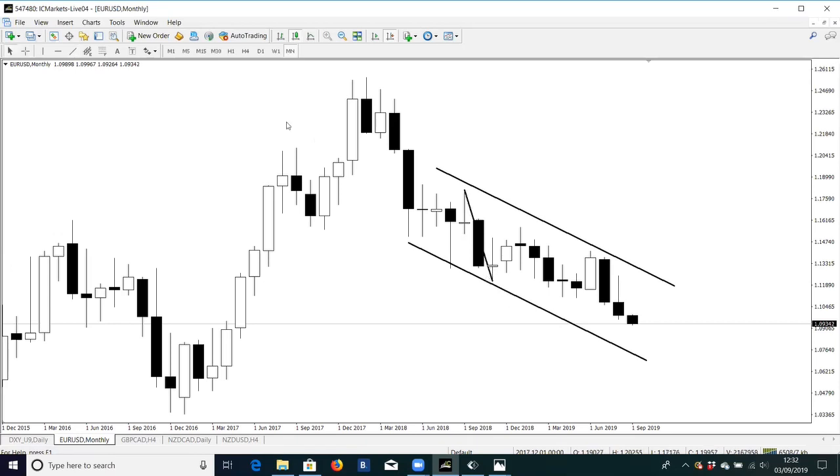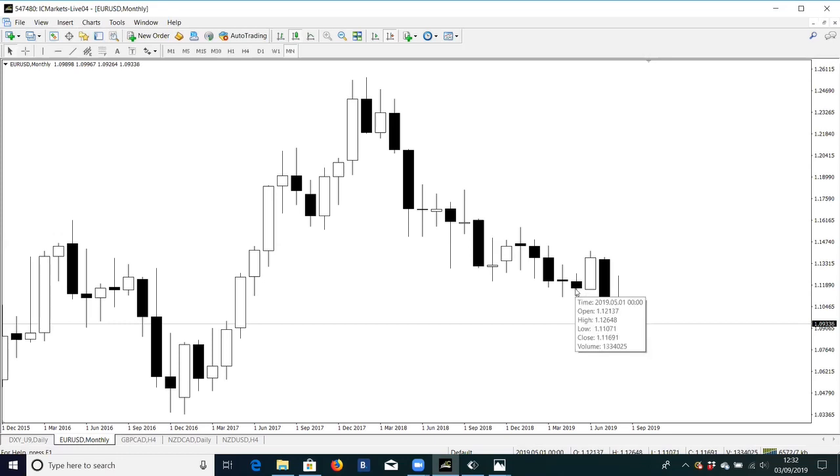So price managed to create a little minor lower low, pull back, creating a lower high, and formulate a new lower low. Price created a lower high, and then now we have an aggressive lower low. As you can see, this was the last bullish candle which pushed price lower. We managed to have an MS break towards the downside where we had a liquidity low, closed below that liquidity low, and created a new lower low of price. So that structural lower low in price and that MS break, a market structure break towards the downside,